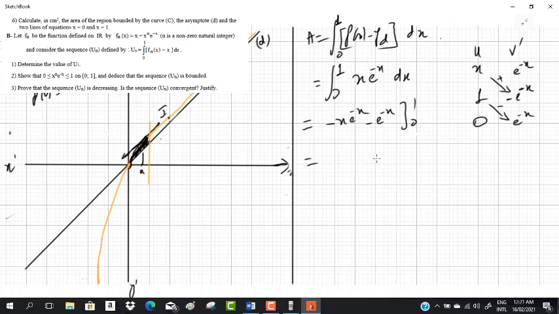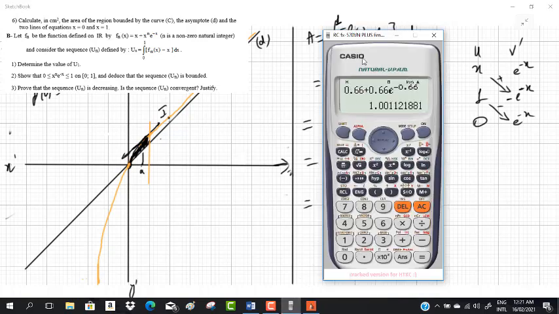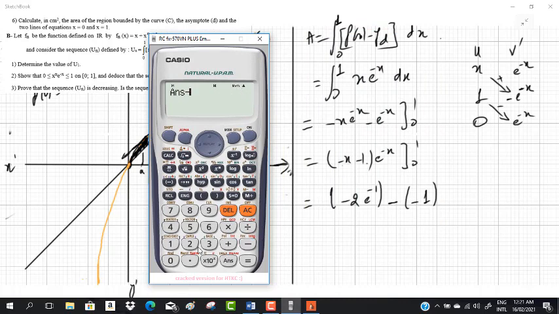If you like, take e^(-x) as a common factor, and you obtain (-x - 1) between 0 and 1. Replacing x first by 1 gives us -1 - 1, which is -2e^(-1). Then, replacing x by 0 gives us -1 times the exponential of 0, which is -1, and then minus 2e^(-1) - 1 + 1 equals